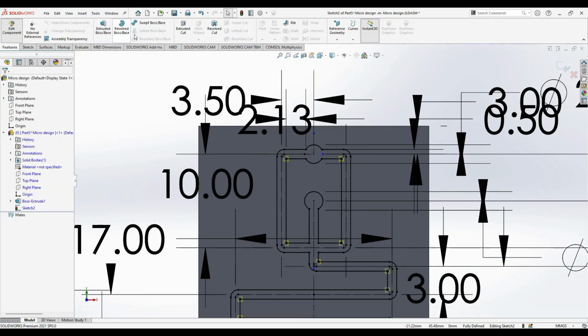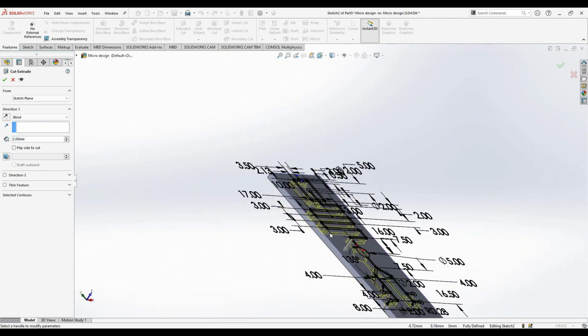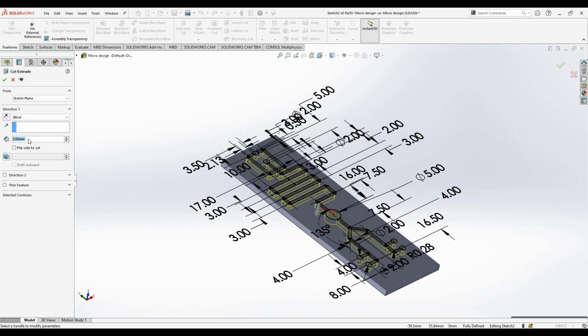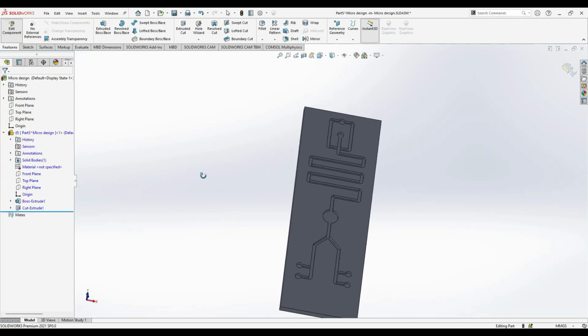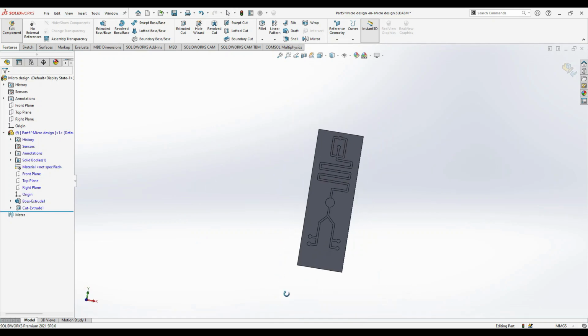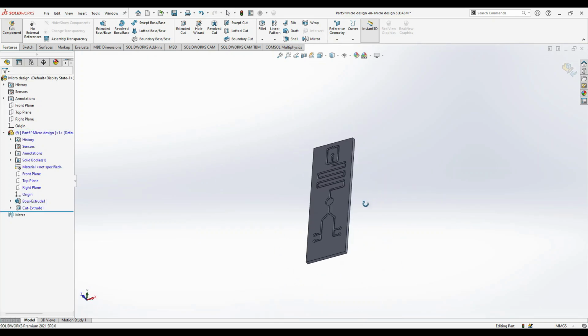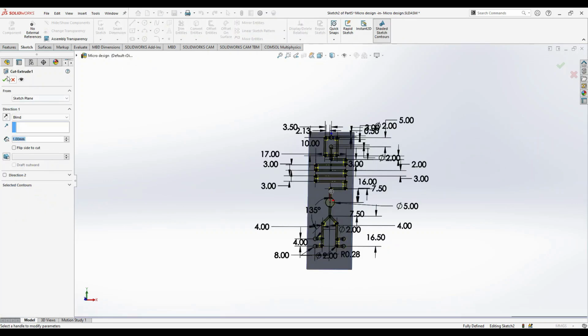Go to features and extrude cut. In the extrude cut, you can see the complete design is able to cut the lower base that we created, and we create a 1 mm channel. Yes, it is done. Now as you see, the length of the substrate is 75, but the design is more. So what we do is just go back to the sketch,